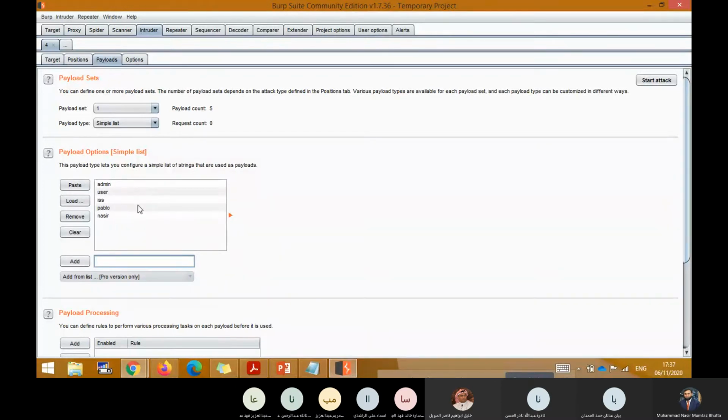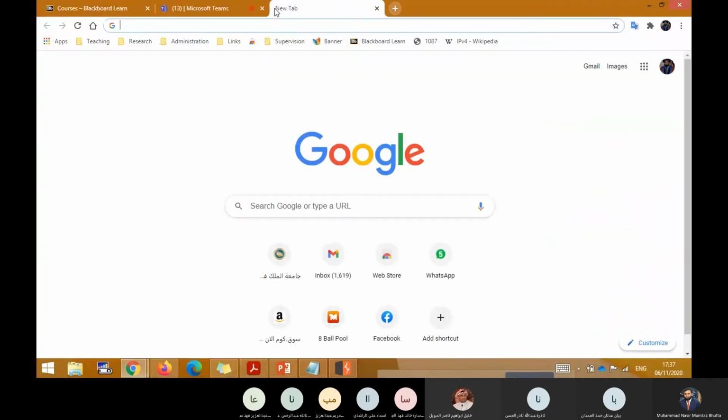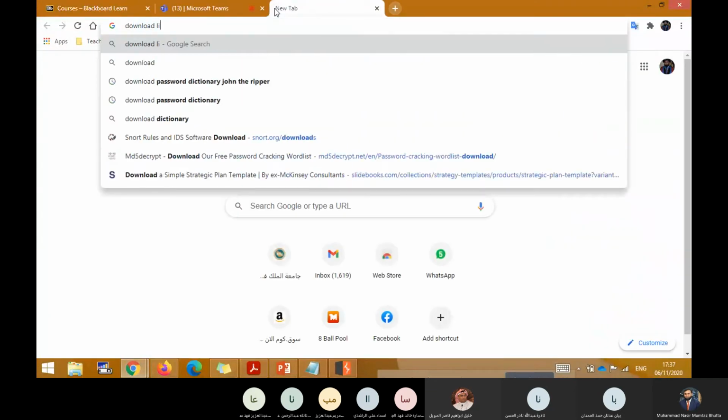It can be more. We can similarly download the list of the most common usernames.